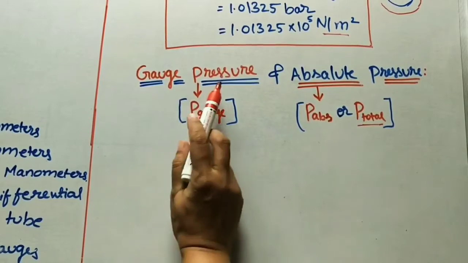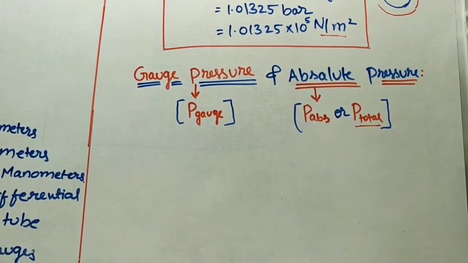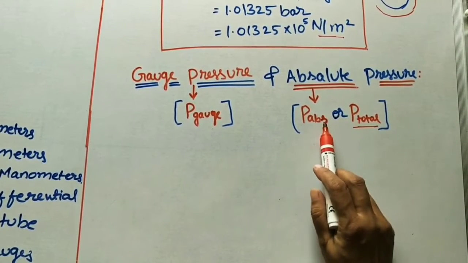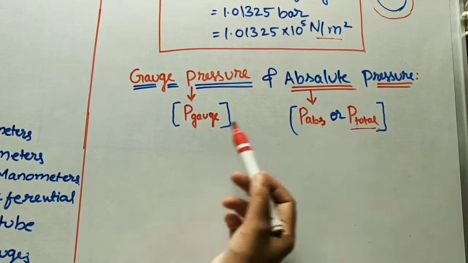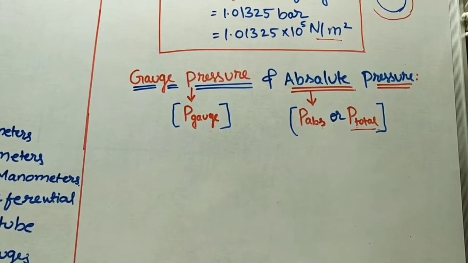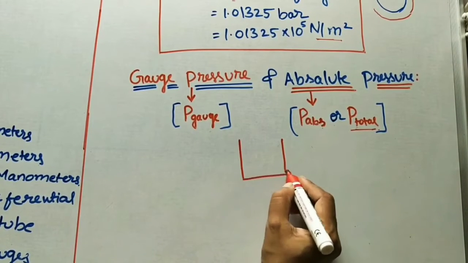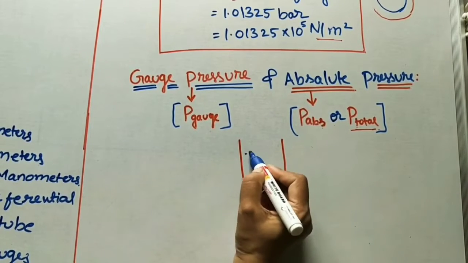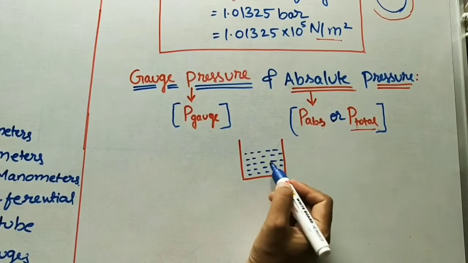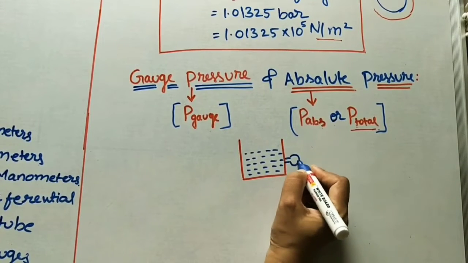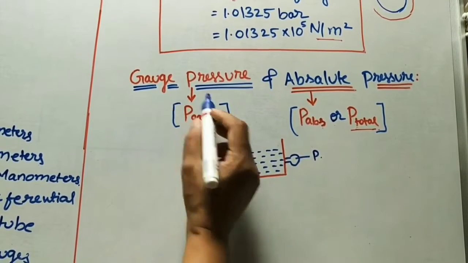Take the next one, P gauge. Here I am writing the symbol for gauge pressure, P gauge, and P absolute pressure, P absolute, or we can call it P total also. Sometimes we get confused about which one we have to take. For removing that confusion, I will take one example here. Some liquid in a container. Whatever liquid pressure is coming, let us take that we connect one gauge to it. Whatever value the gauge gives, it is P gauge. It is called P gauge pressure.